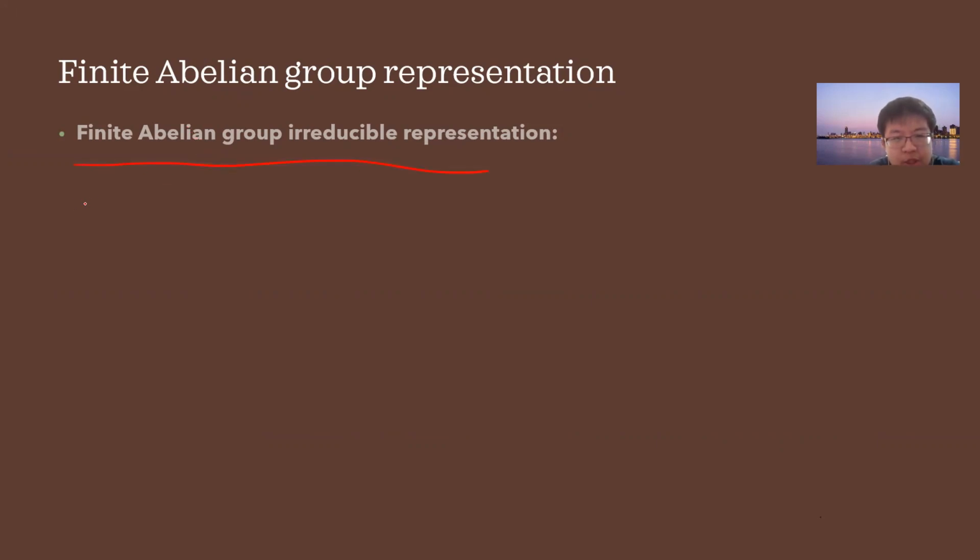The important idea is that every representation is a direct sum of irreducible representations. First, we have orthogonality. Remember the inner product definition: for psi and phi, it is defined to be 1 over the order of G, times the sum over g of psi of g and the conjugate of phi of g. And also we have the column orthogonality,